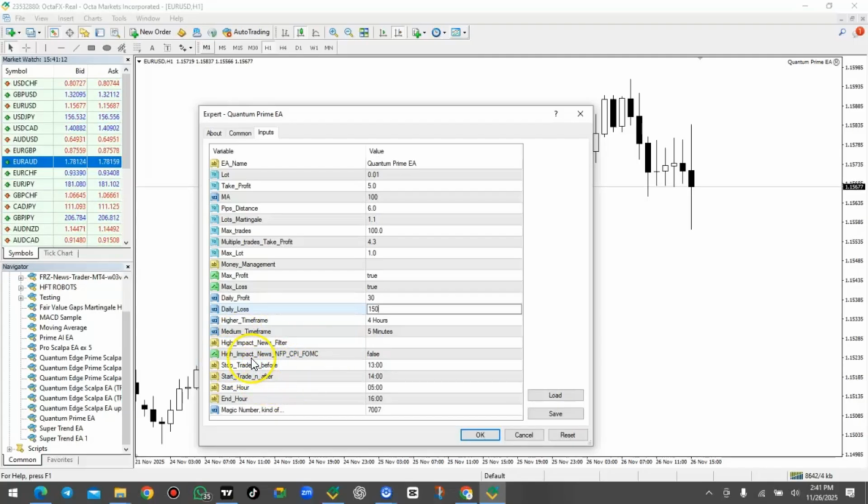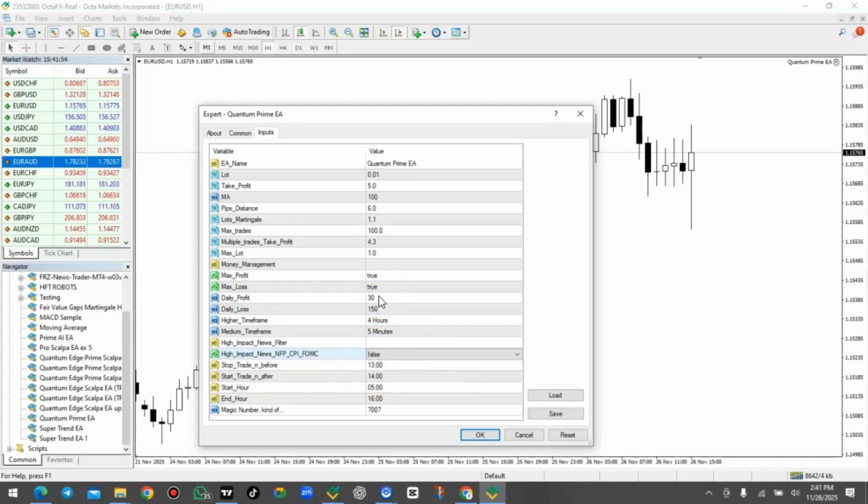We also have high impact news. You can see that if you don't want to trade news, you want the robot to shut down before and resume after the news. Once you turn this to true, you can input the time the news is going to occur, depending on the GMT zone that you are using the robot from, something like that. That will actually go a long way in securing your account. So there are different methods, different varieties of how to secure your account and how to start making money using